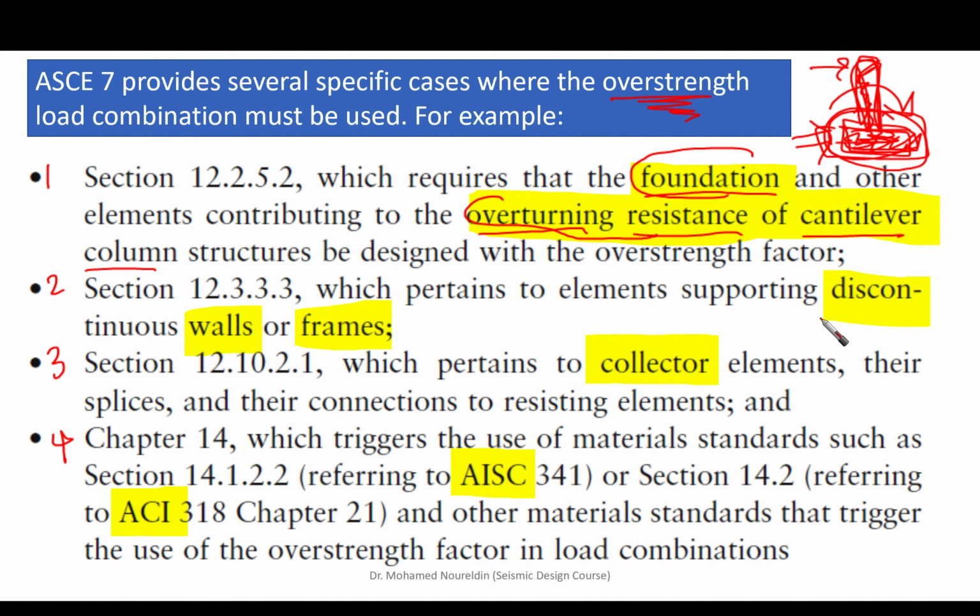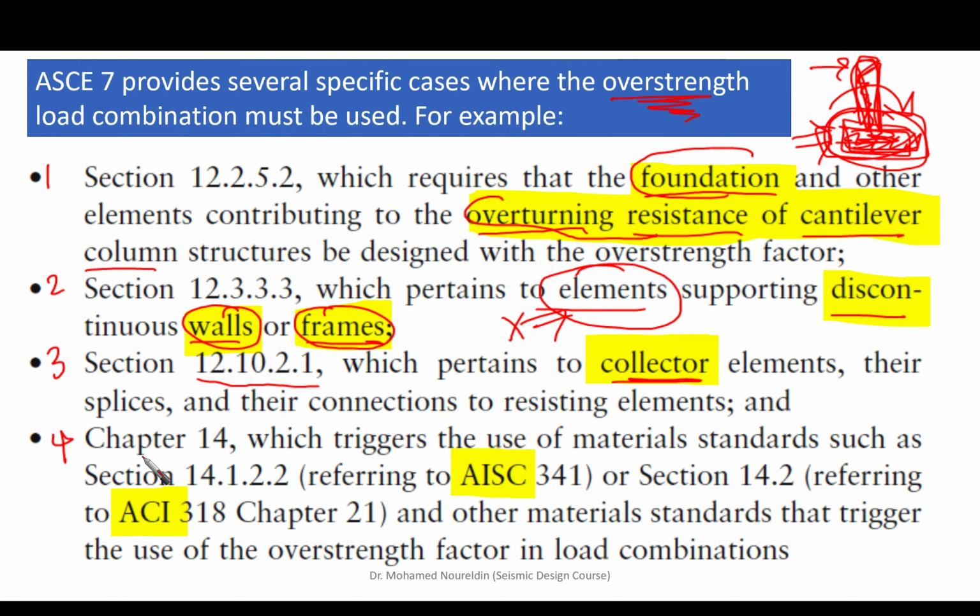Another case is elements supporting discontinuous walls or frames. These elements are going to be crucial for the continuity of the walls and the frames, so they need to be designed elastically. We are going to multiply their load combination by the overstrength. Collector elements, their splices and their connections also need to be designed with the special load combination including overstrengths, and you can find this in section